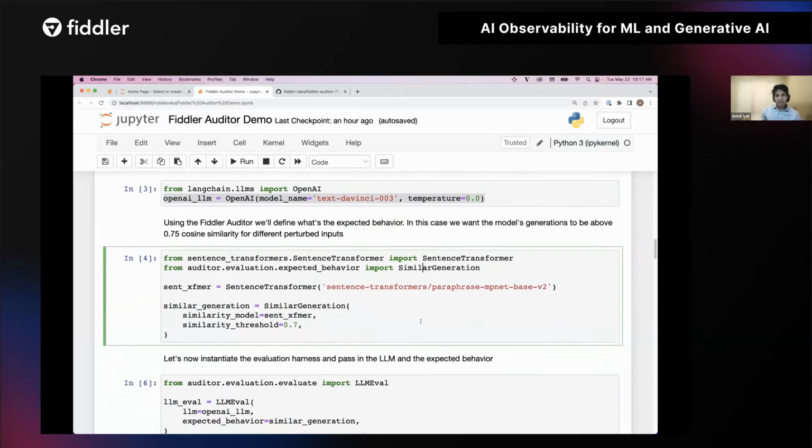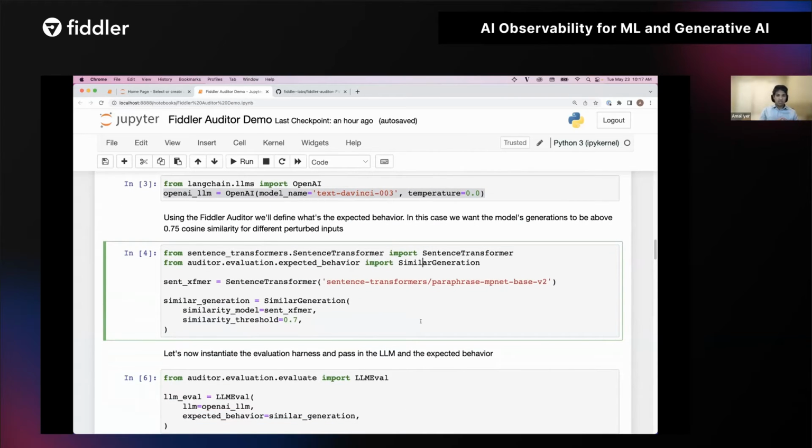As I mentioned, there are 2 pieces to this puzzle that you bring to Fiddler Auditor. One is the LLM itself, and the second is an evaluation metric. Now, Fiddler Auditor provides certain built-in evaluation metrics. In this case, we are going to evaluate the model's generations for similarity with respect to a reference generation. Say you had a prompt and an expected response.